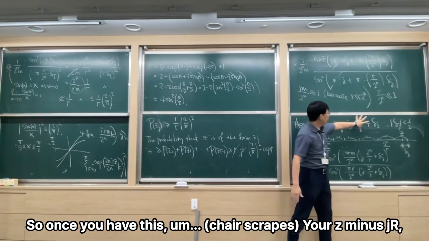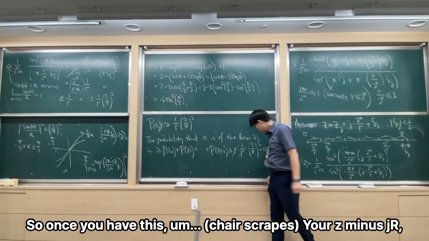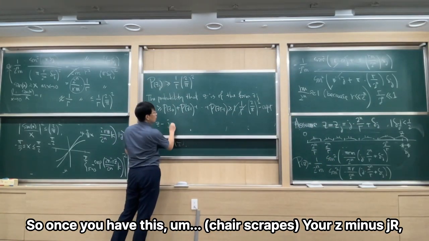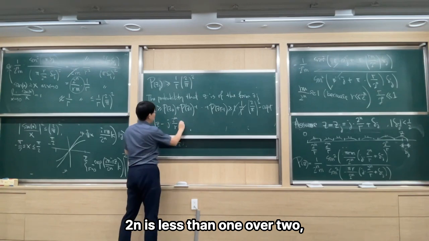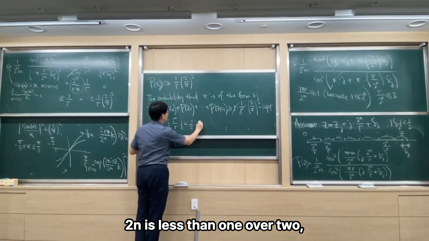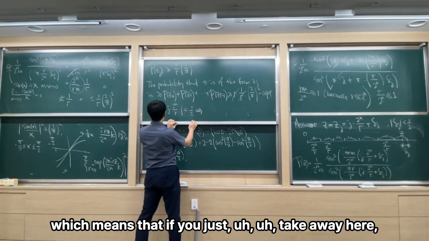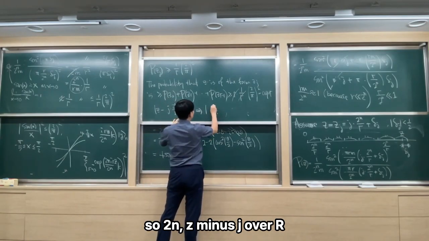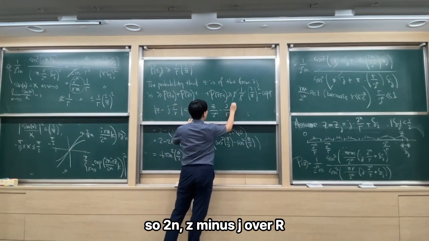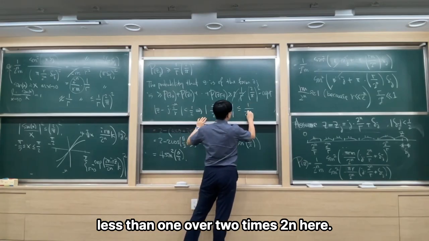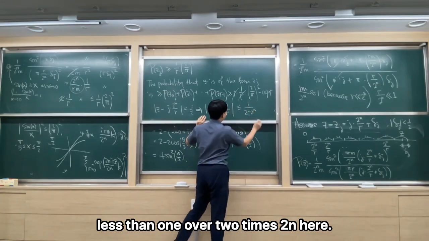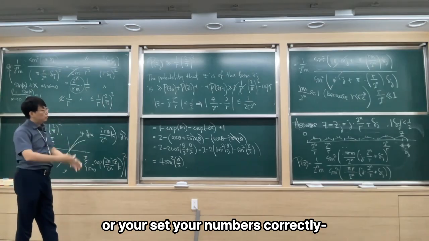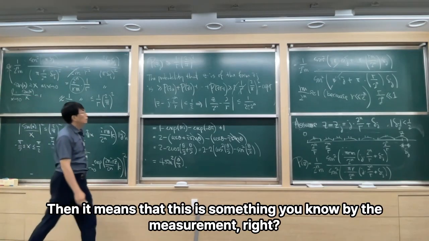So once you have this, your z minus j r over 2^n is less than 1 over 2, which means that if you just take away here, z over 2^n minus j over r is less than 1 over 2 times 2^n here. So if you set your z or your numbers correctly, then it means that